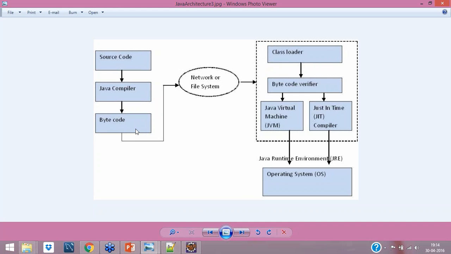Okay, how will it go? It will go to the network or file system. Let's say, as I told you, this much is development, and this is the JRE part. Development plus JRE is equal to JDK. Here the JRE is sitting, saying give me the work, whatever you have done, and I'll execute it inside the specific environment, wherever you want.